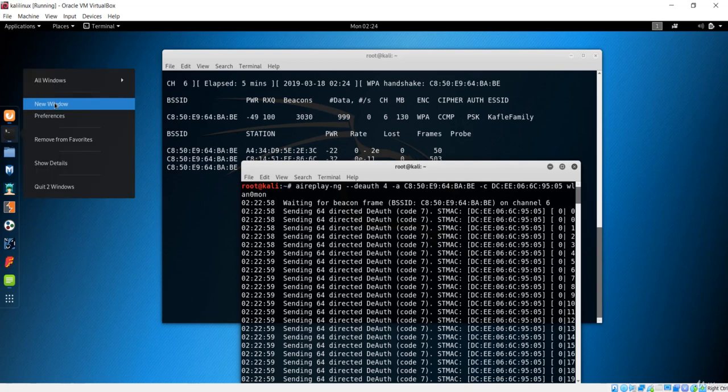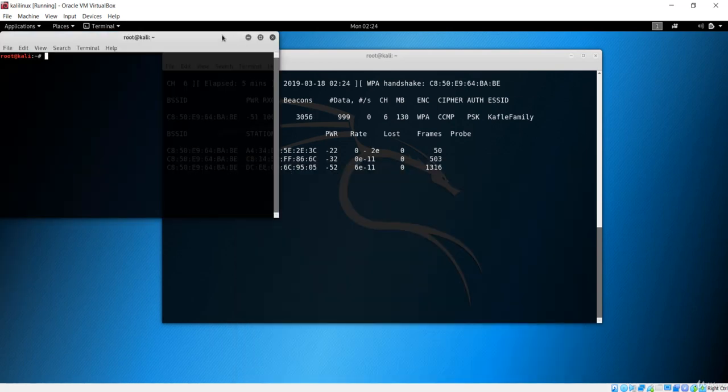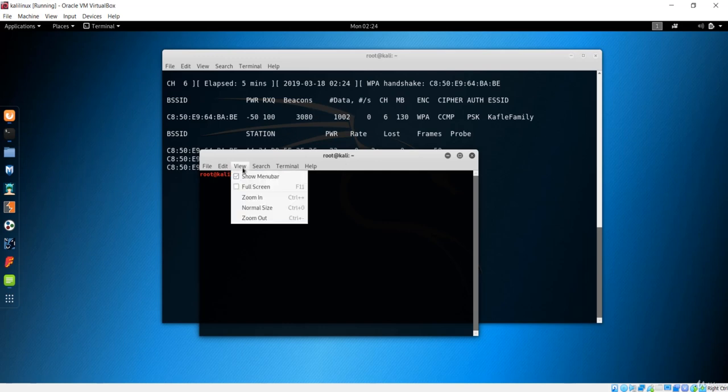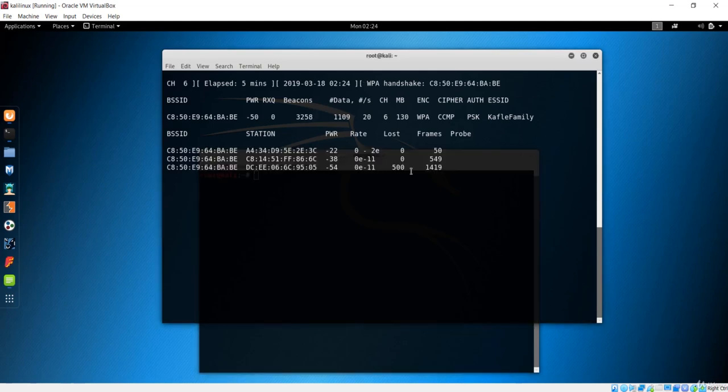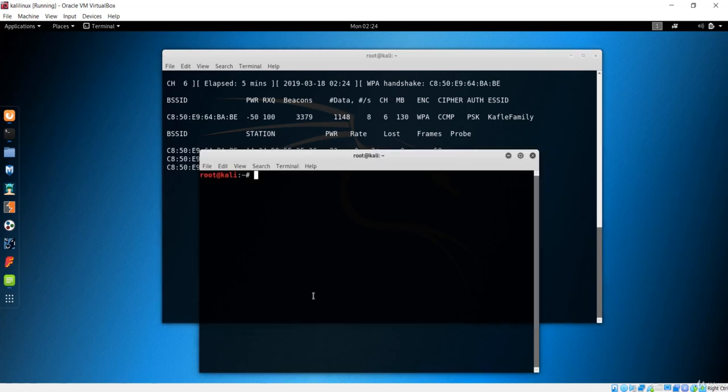So I'll open a new terminal one more time, or you can also use this one. I'll use a new one, and over here what you need to do is use the crunch application. The crunch application is the application that is going to give us the word list. A word list is basically the collection of digits or numbers that this WPA network might use. The password can be a collection of digits, special characters, numbers or everything, it can be a collection of alphabets. So we have to create that using crunch.